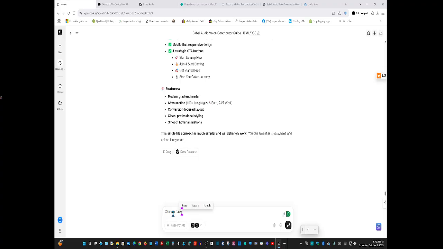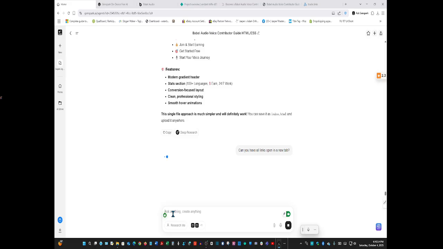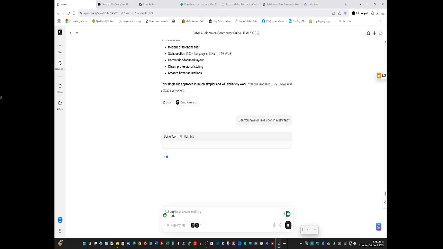Can you have all links open in a new tab for every program? I won't tell it to do that now. And that should be a question mark. That was my bad. I forgot to tell it to do that. But it works, as you see.